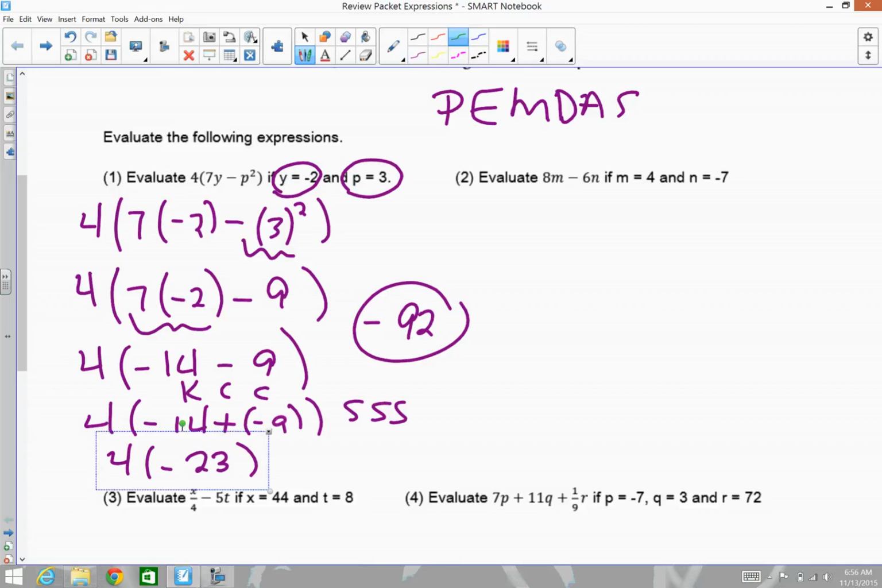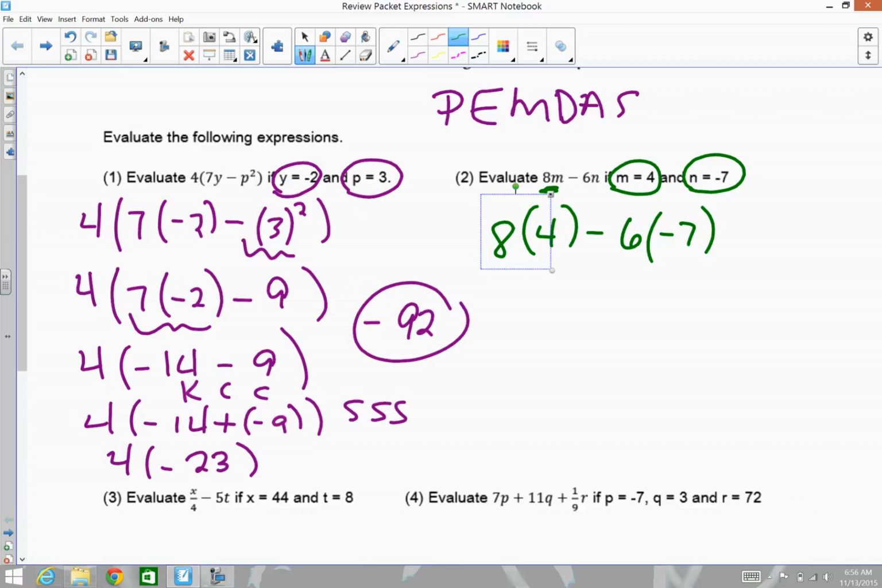Evaluate 8m minus 6n if m is 4. So anytime we see an m, we're going to replace it with a 4, and n is -7. Okay, what you need to recognize is that that right there is multiplication. There's no plus sign, there's no subtraction sign, there's no division sign, so 8m is really 8 times m. So that's 8 times 4 minus 6 times -7. Okay, and 8 times 4 is 32 minus,